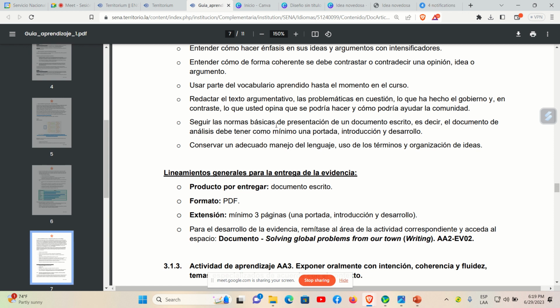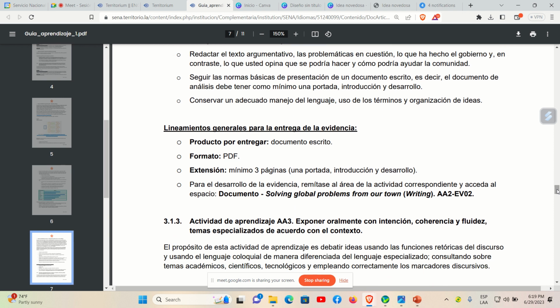Bueno, en fin, seguir las normas básicas de presentación en documento escrito, es decir, debe tener como mínimo una portada, una introducción y un desarrollo. ¿Listo? Y pues obviamente un lenguaje apropiado. Y me debe entregar ese documento escrito en un PDF mínimo de 3 páginas, es decir, la primera página sería la portada, ojalá con normas APA. La siguiente iría una introducción de la